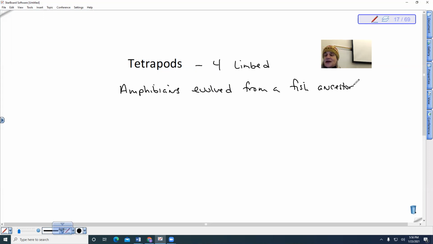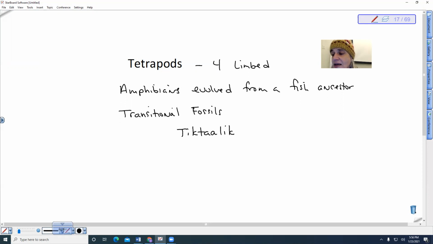What are the amphibians? The amphibians include frogs and salamanders and newts. So we could ask, where did these legs come from? And do we see any of what we call transitional fossils? So transitional fossils are those fossils that have some characteristic of one group and some characteristic of another group. So it's in transition. And the example that we see is an example called